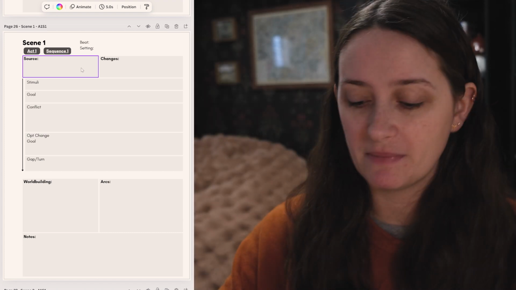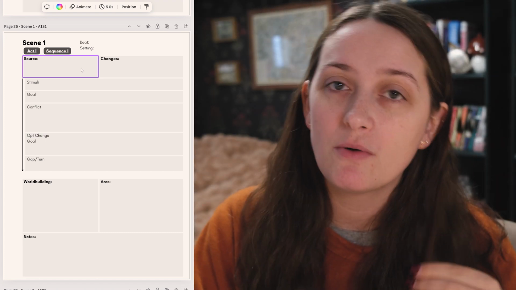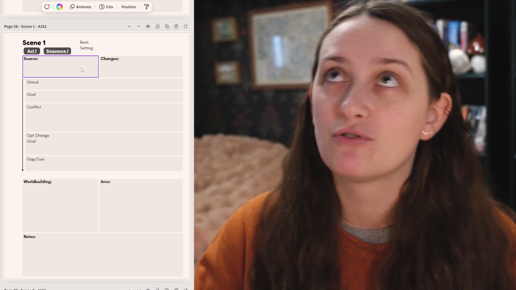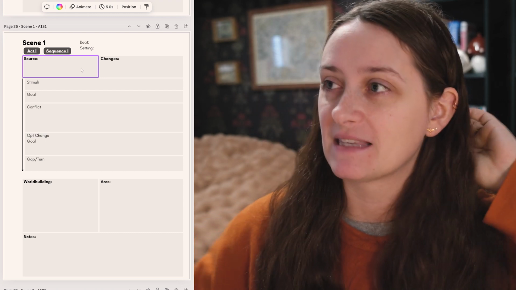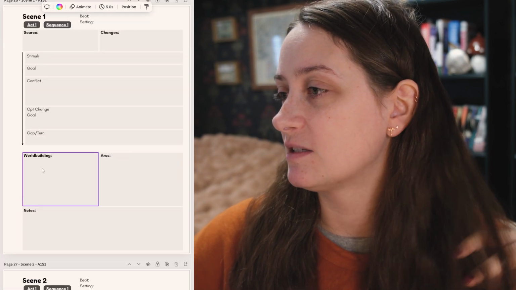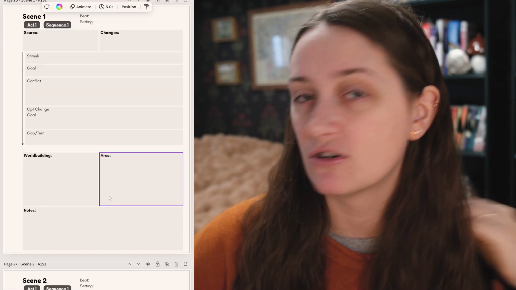I think that was still blurry, but you get the idea. So I can say, oh, this new scene, which is scene 1, is actually the previous draft scene 5, if that makes sense. And then I have all the initial bits in here,